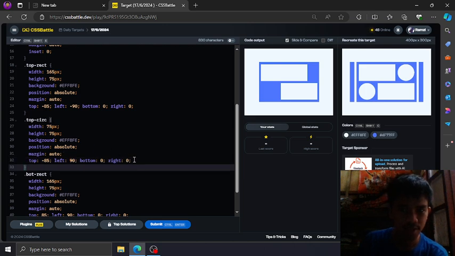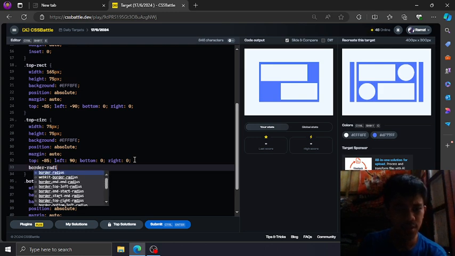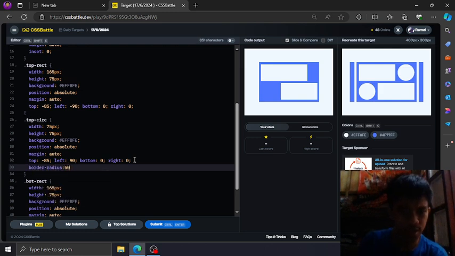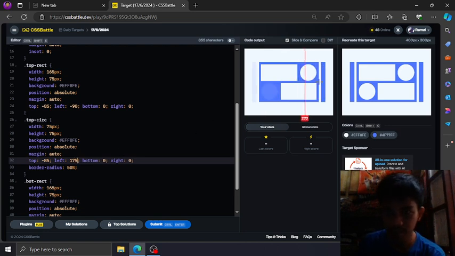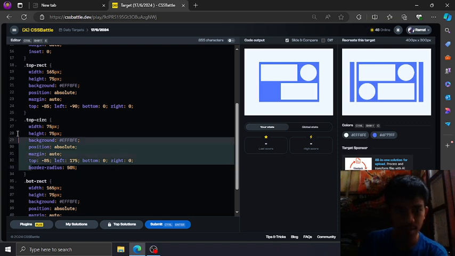Then put a border radius to achieve a rounded corner. Border radius 50%. Okay, let's push this to the right more. Maybe 190. Like that. 170. Maybe 175. Okay, I'm good with this.